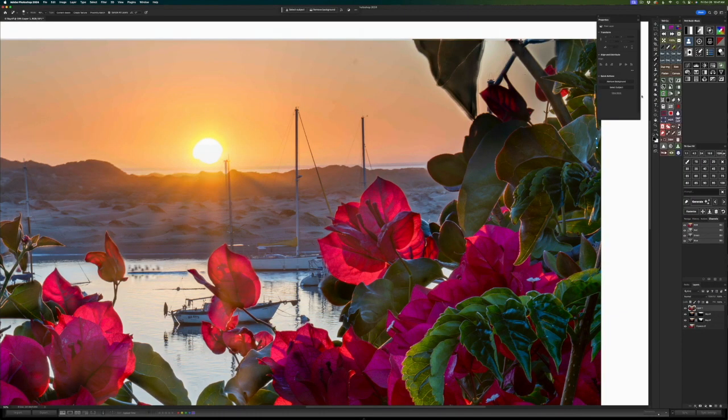I may actually take, let's take the stamp tool, the clone tool, and I would do a better job. I'm going to come out here to pick this up and maybe paint in something like that. I'm doing a terrible job because I'm rushing. But there's different ways. I'm going to come back into